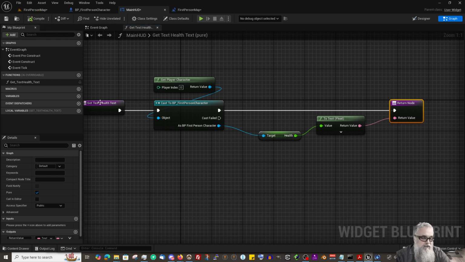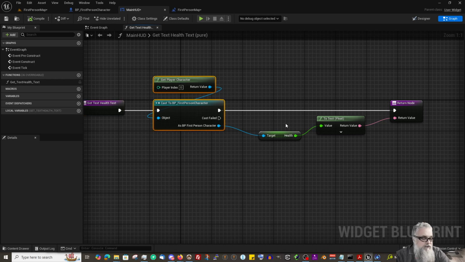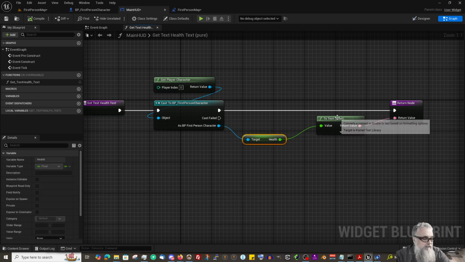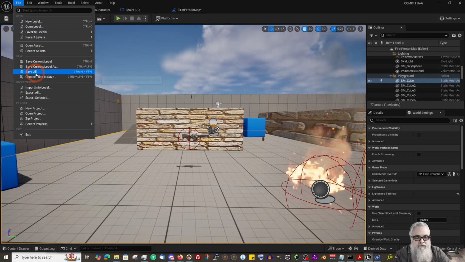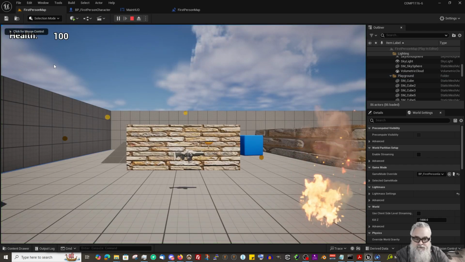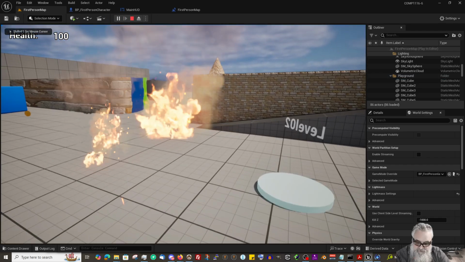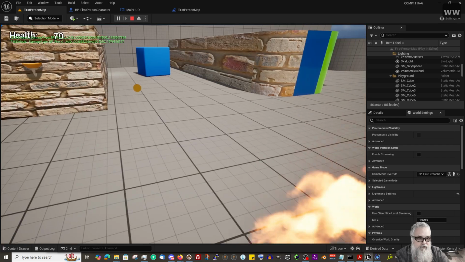So this should, when the menu is initiated, cast to the third person character, get the value of the health variable, convert it to a string piece of text, and then return it. And if I didn't mess this up too badly, save all here. When we play, we now have 100 being displayed instead of our word number. And if I run through here,